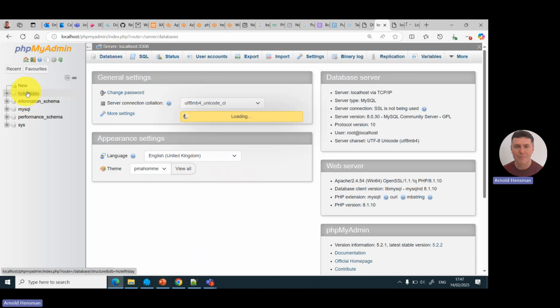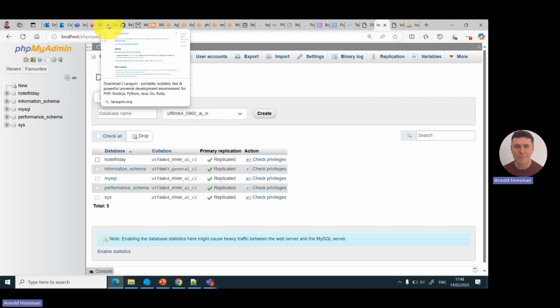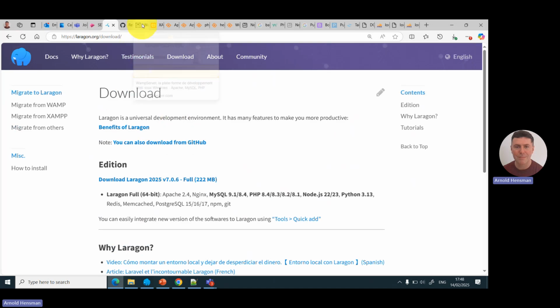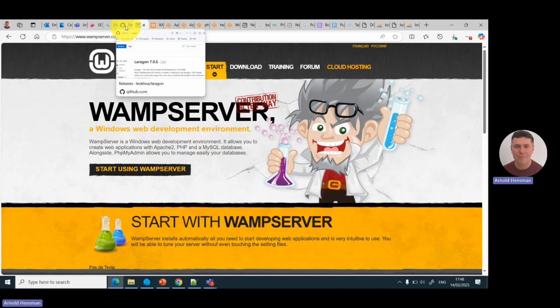There's my little hotel demo that I'm going to be doing with you. It just works quickly. I'm not going to spend ages typing little bits of SQL code for the entire 2 hours if I don't use some type of visual interface. But the truth is, you can use whatever you want. Don't feel you have to use phpMyAdmin. If you're struggling with this, don't think that you must use Laragon and can't use WAMP or XAMPP. I know in the web dev server module there are slightly different requirements, but remember, our module in